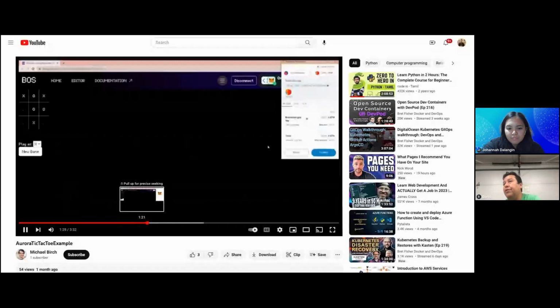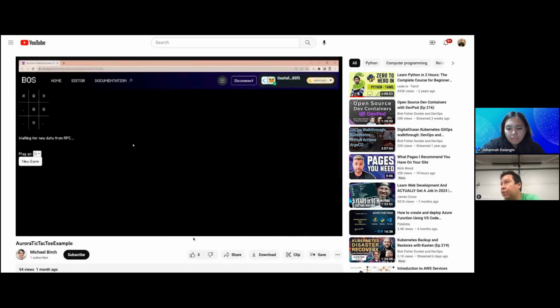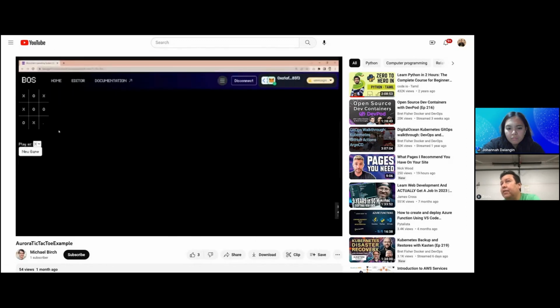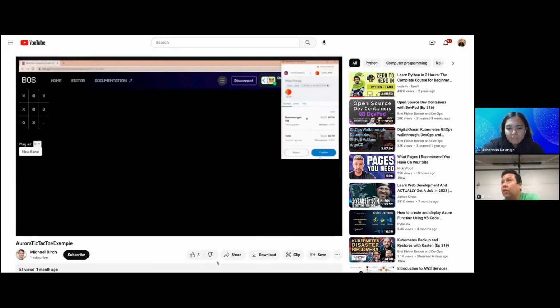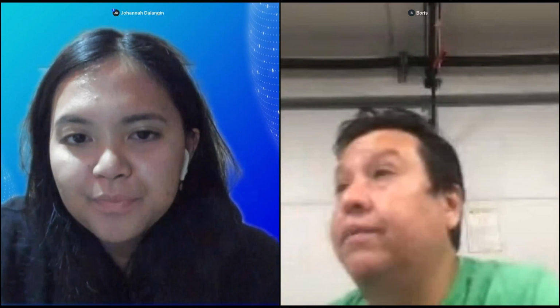It's not stored anywhere. The Boss workshop is a full workshop itself, so you should be able to understand it there. But the front end is done in JavaScript. I think it's a React library, and you just call it and run it like that. So this is the whole idea of the game. It's very simple. So I will stop it here, and I will stop the share.